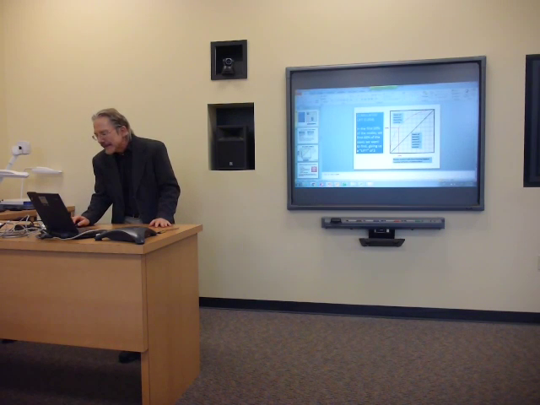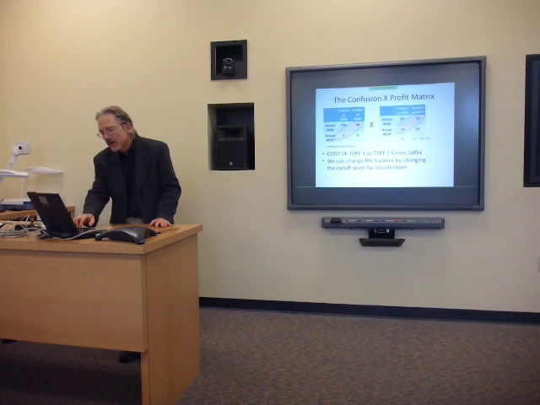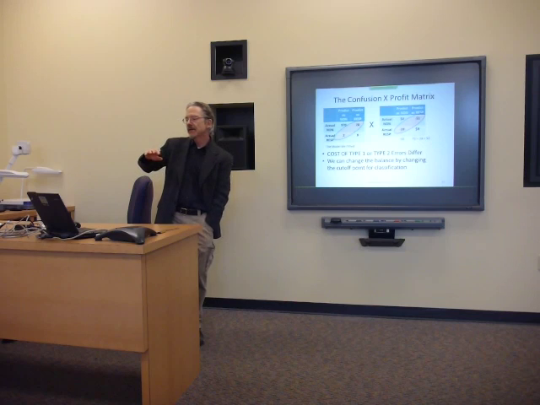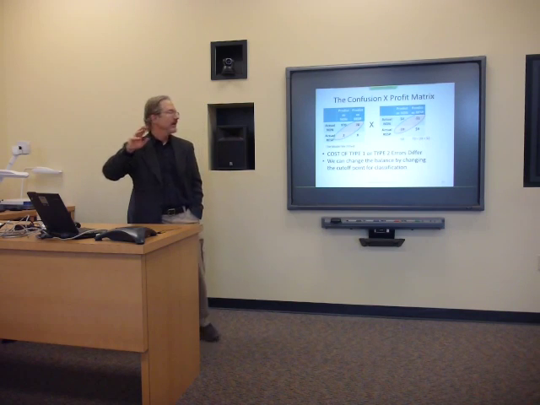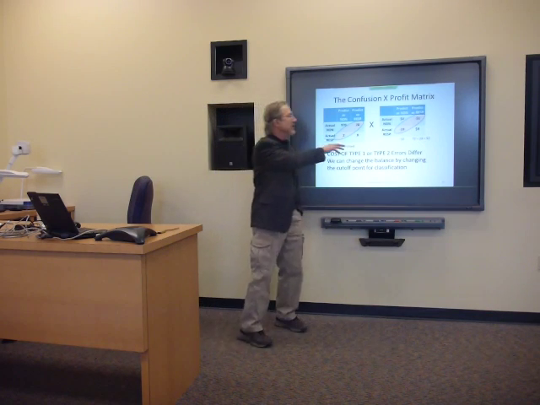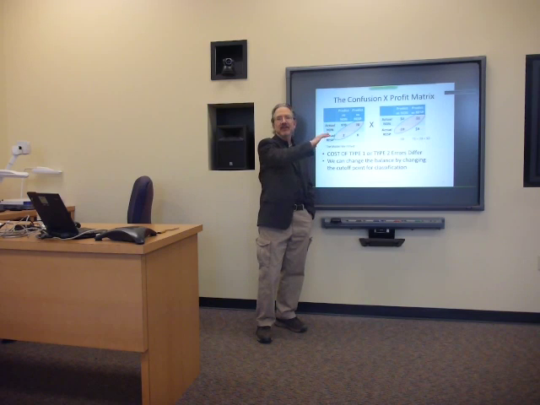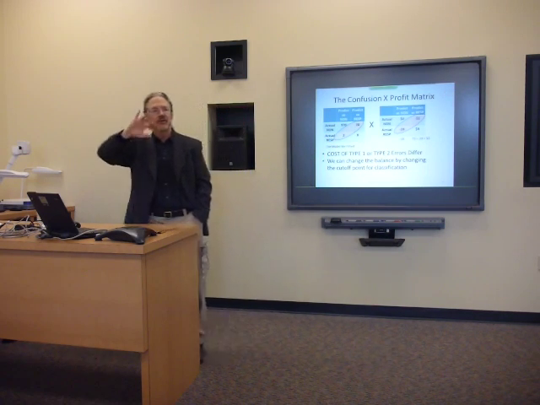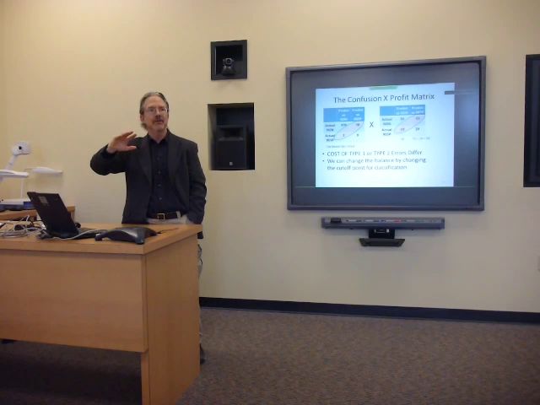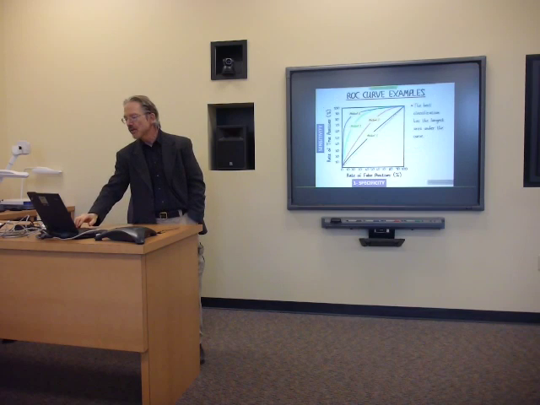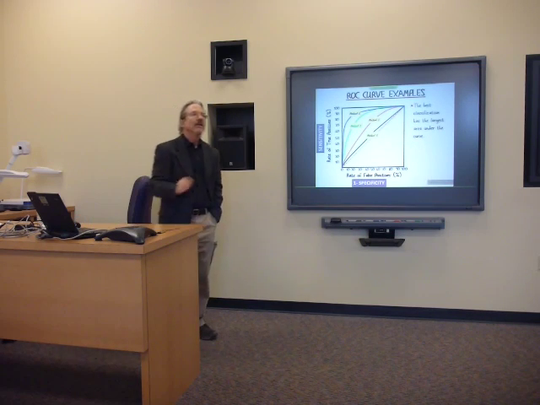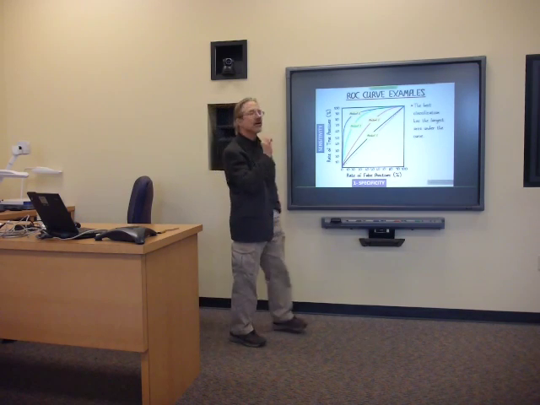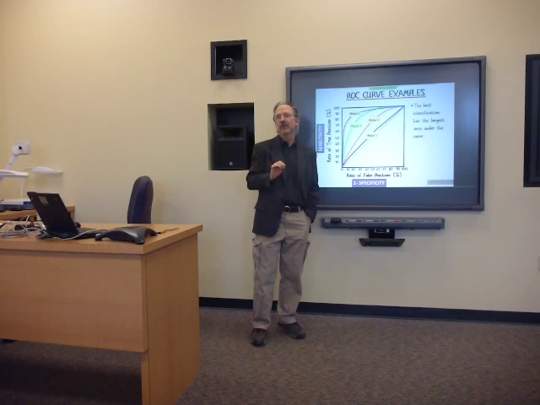Okay. So now we're going to come on to when we have these two different types of errors. Obviously it costs us a different amount of money, depending on which type of error we have. So maybe what we would like to do is change the balance of where the errors are between the type 1 errors and the type 2 errors. In order to do that, we can see what's called the ROC curve of